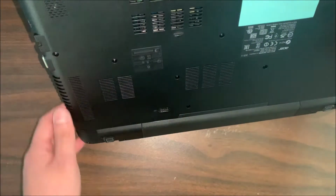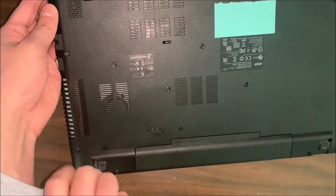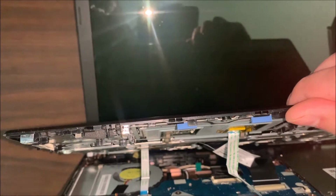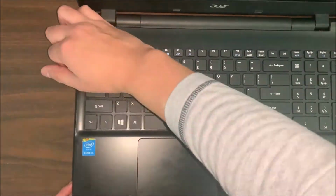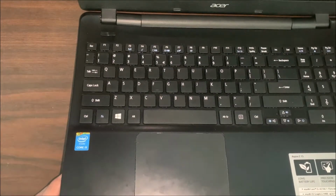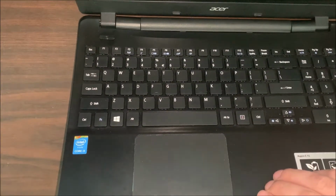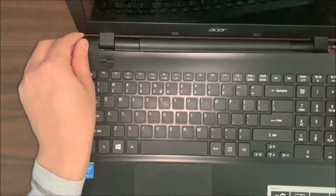Normally I deal with laptops where you have to take out the cover on the back of the computer, so that's way easier. In this case, I had to do it this way. That's why it took me a long time. As you can see, it has the connection for the keyboard and other components, so it took me a while to take it out. So that's why the video is sped up, so you don't get bored watching me trying to access